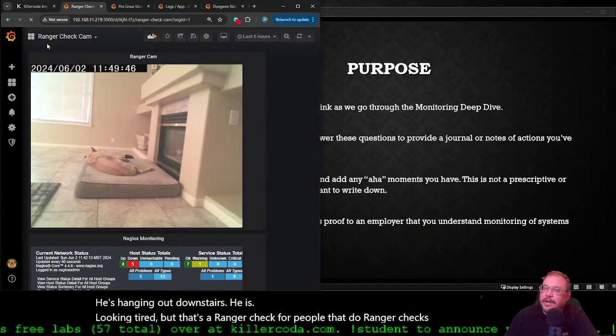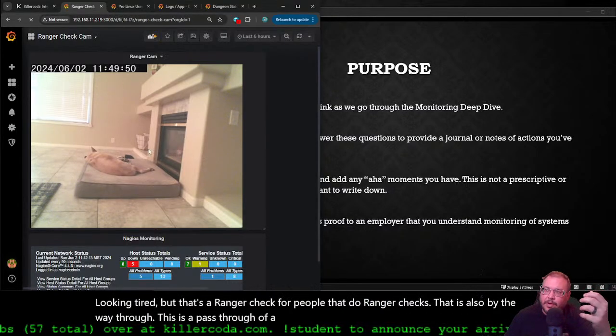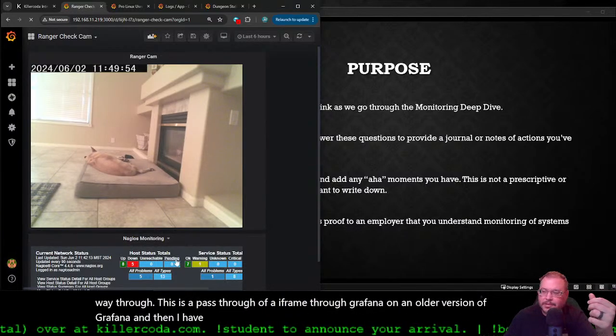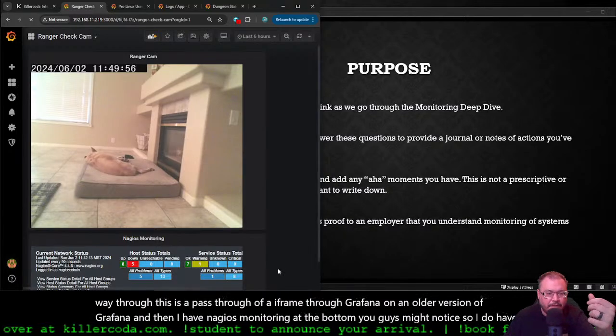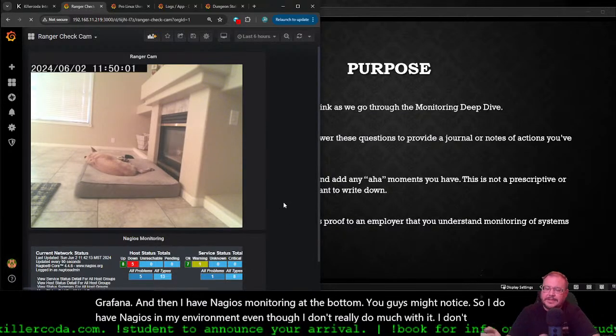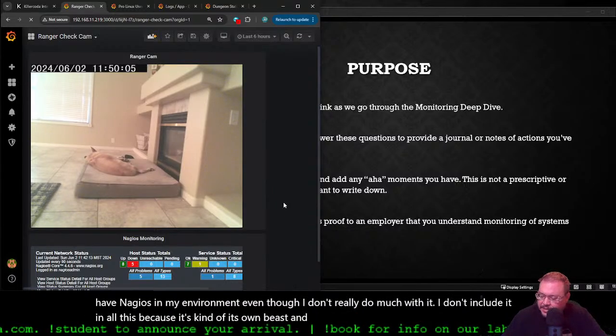That is also, by the way, a pass-through of an iframe through Grafana on an older version of Grafana, and then I have Nagios monitoring at the bottom, as you guys might notice. So I do have Nagios in my environment, even though I don't really do much with it. I don't include it in all this because it's kind of its own beast, and it's less common.